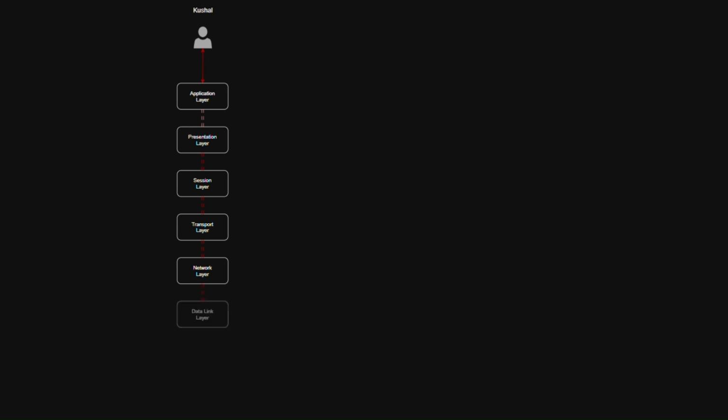So, as soon as Kushal hits send, the message begins its downward journey through Kushal's OSI stack. At the application layer, the message is simply user data, readable text prepared by the chat app. Then it moves down into the presentation layer, where it may be formatted, encrypted, or compressed, depending on the app's design. It's still just data, but now prepared and packaged for safe handling. Next, the session layer steps in like a meeting coordinator. It establishes and manages the communication session between Kushal and Bharat's devices, making sure both systems know this conversation is active and synchronized. Once the session is set, the message enters the transport layer,